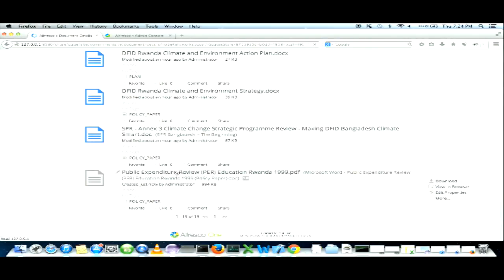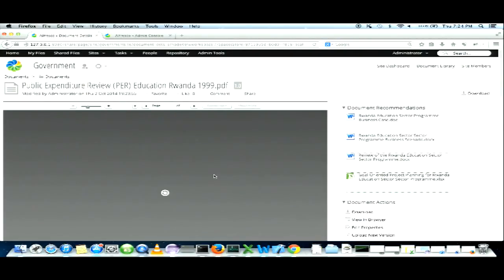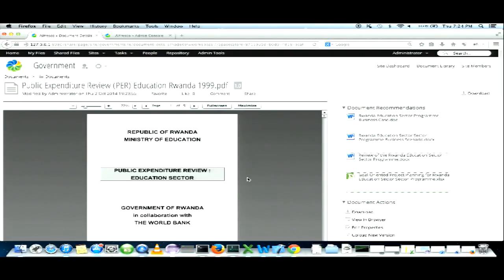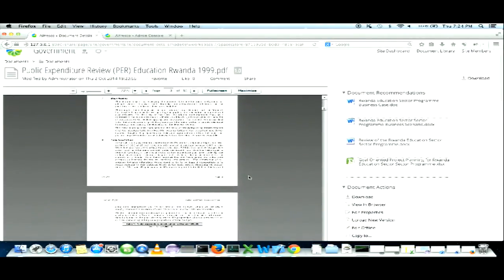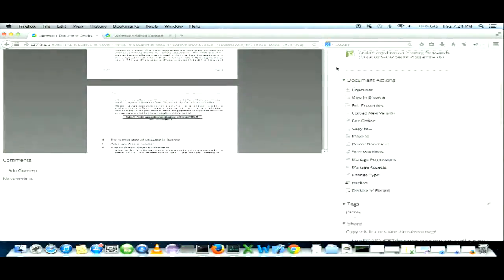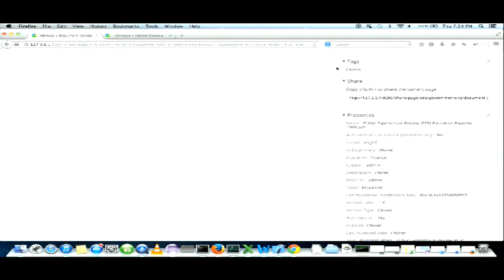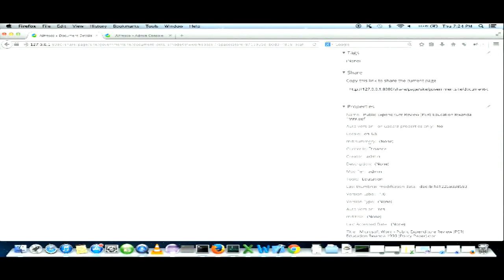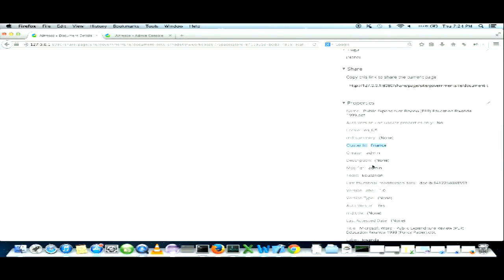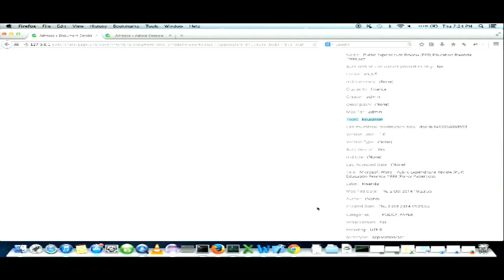And we'll go to the content and we'll see some additional metadata that is assigned to the document. So I think in document properties you can see the cluster's topic as education, and cluster is finance, and the label is Rwanda.